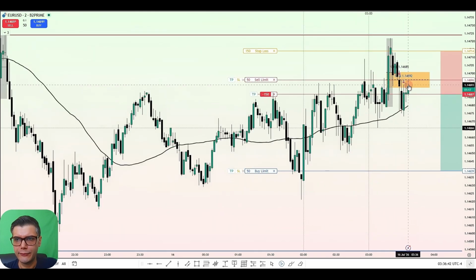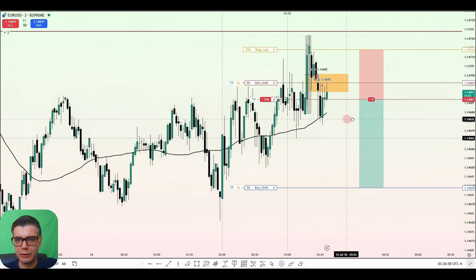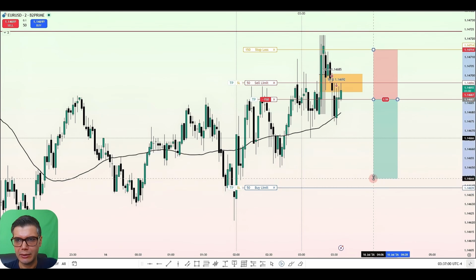One more return into the fair value gap. We are having these wicks. These are good signs and good signatures. So we should hold on to our trade. Now we have a better dollar cost average. And in that regard,